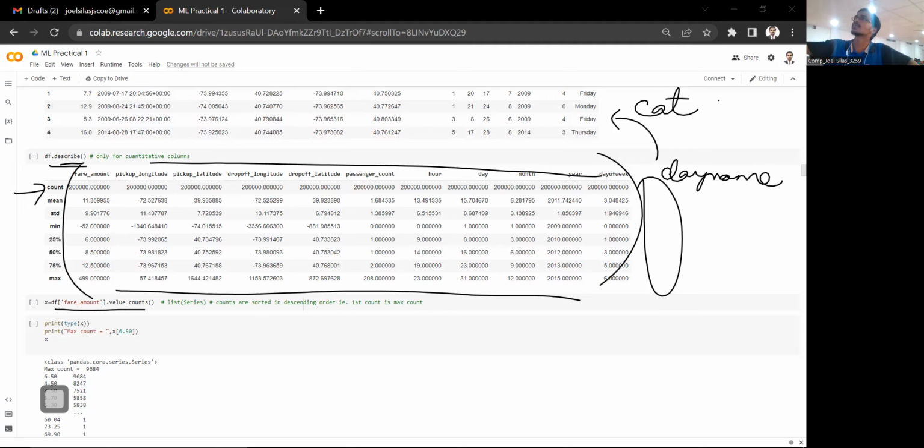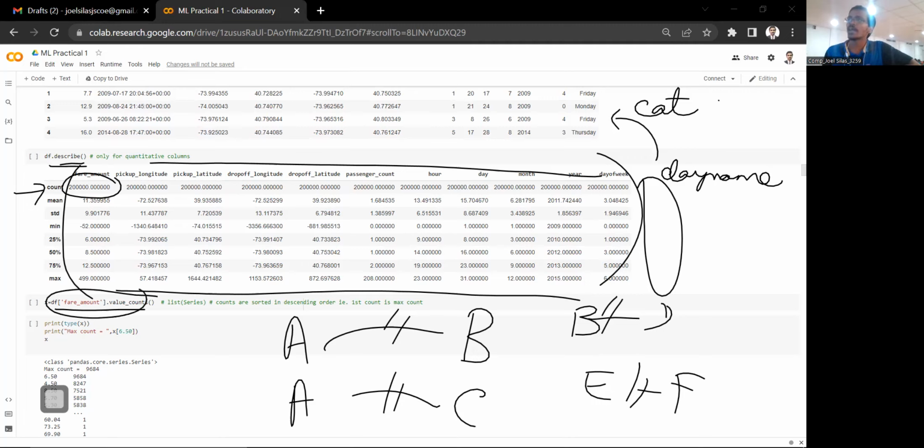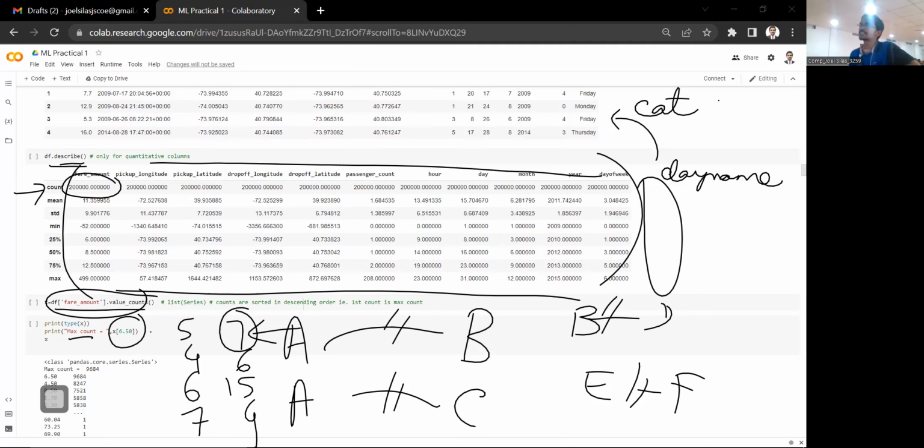So we want to find out all the unique fare amounts. That time we write dot value counts. And what this does is, whatever unique values are there, it sorts them in descending order. So if we have unique fare amounts like these, then it will sort them into 7, 6, 5, 4. So the first unique value is the maximum of all the fares. So maximum count is x of, if we write 6.50